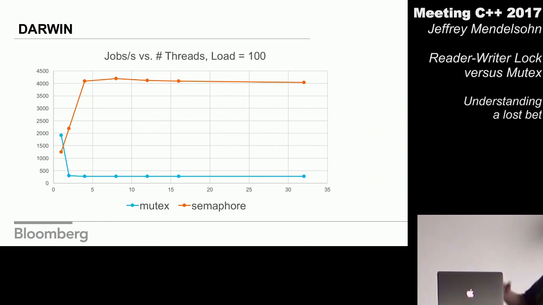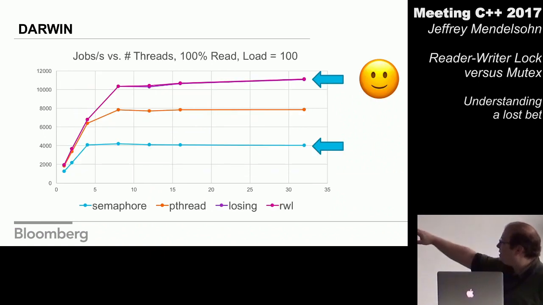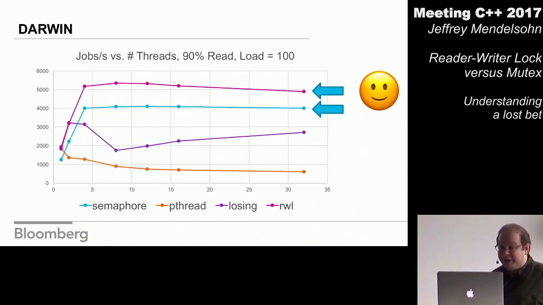Having seen this, instead of using the Mutex in the implementation, I used the SEMAPHORE in the implementation. So in these results, I'm comparing to a SEMAPHORE as opposed to a Mutex, but that's the most efficient for that type of workload. And we see the behavior we want. At the scale of the bet on the hold times, at 100% reads, we have better performance for the reader-writer locks. And at 90%, we have the same better performance.